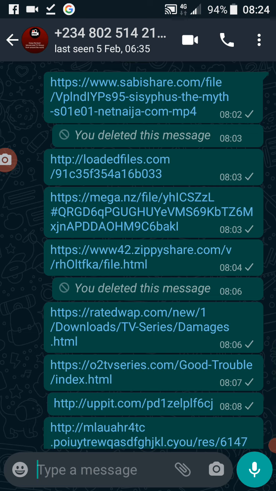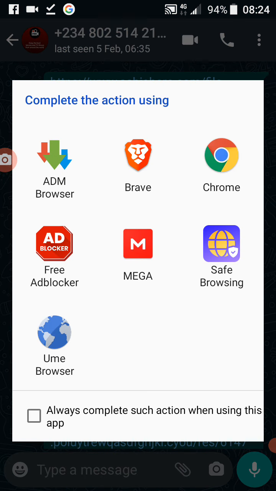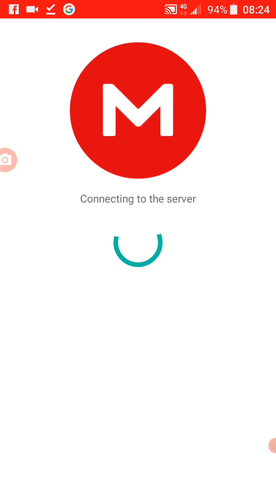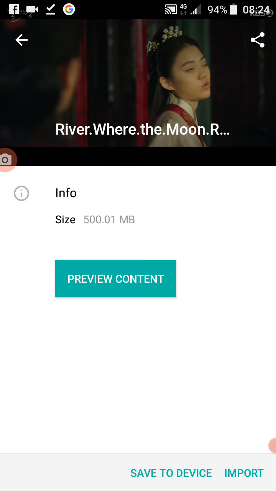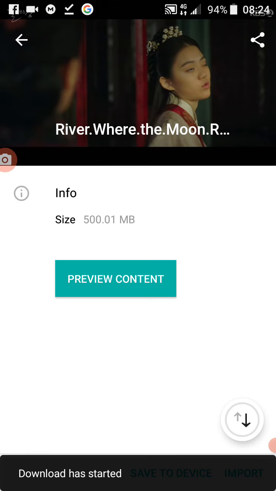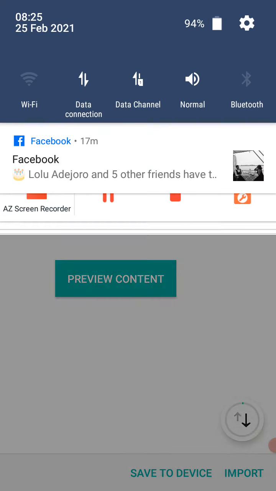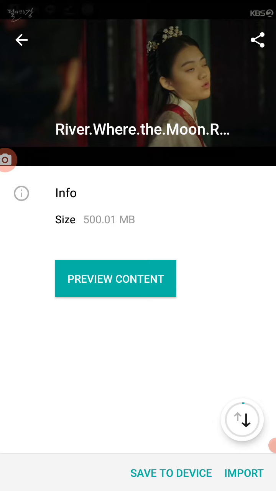And this Mega, let me show you this Mega. I told you to download one application called Mega. When you come across Mega, because most Chinese films, most old films, are put inside Mega. Mega is a kind of cloud where they put their movies, and it stays longer before it expires. So once you click on that, Mega will pop up, once you have it on your phone. See Mega here. You click on Mega. You can see options here. You save to device. You have started downloading. Download has started. Now it's going. So let me stop Mega from downloading as well.